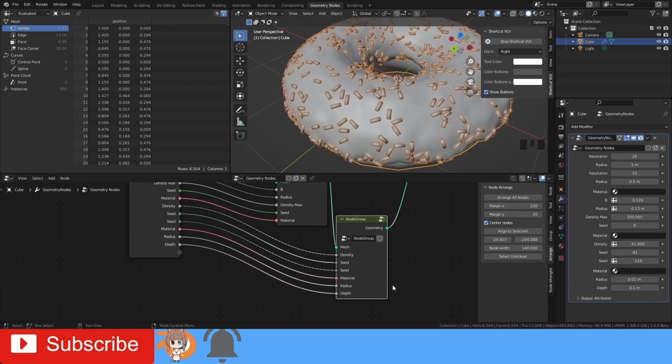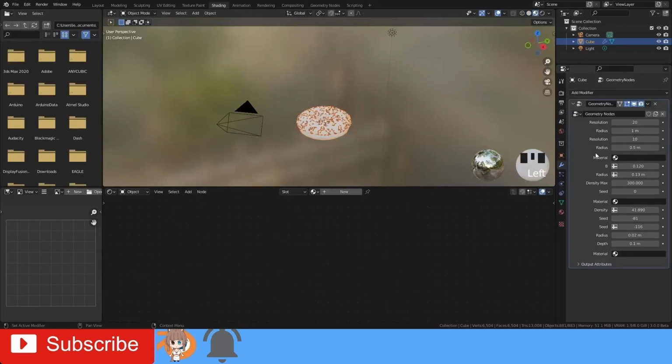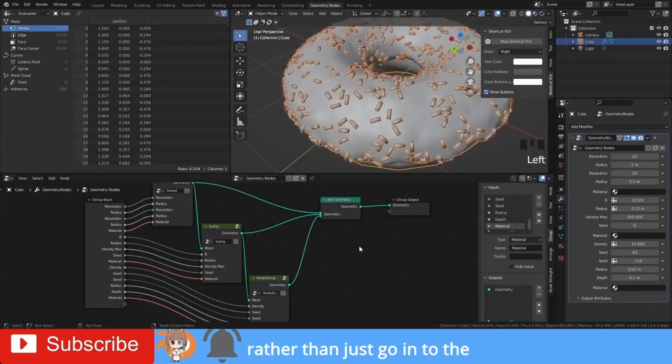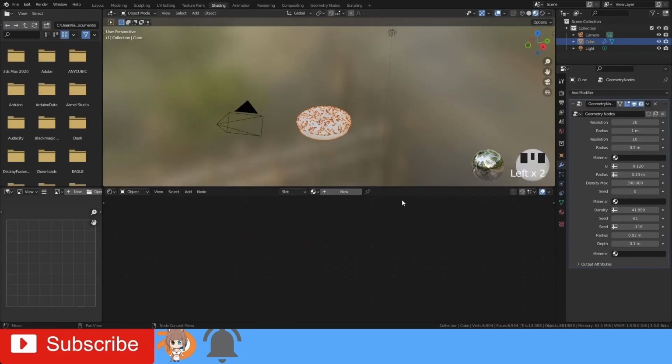Now it will be convenient that we can access this material here rather than just going to the geometry node tree to append the material.